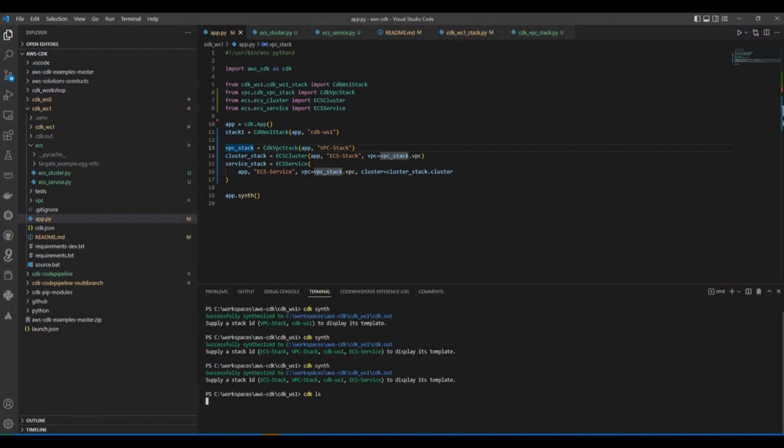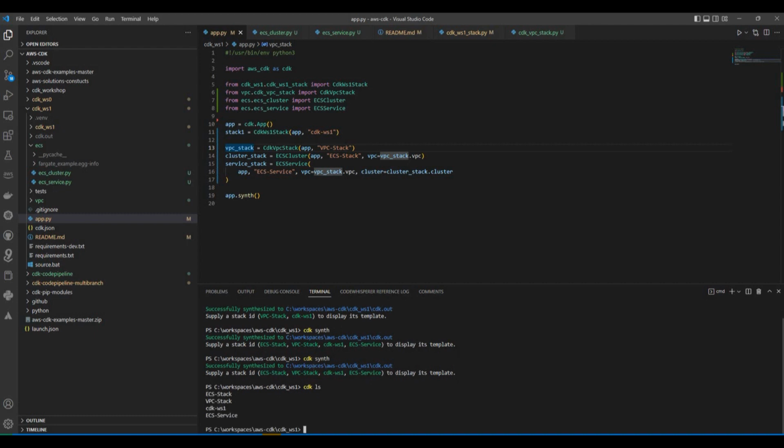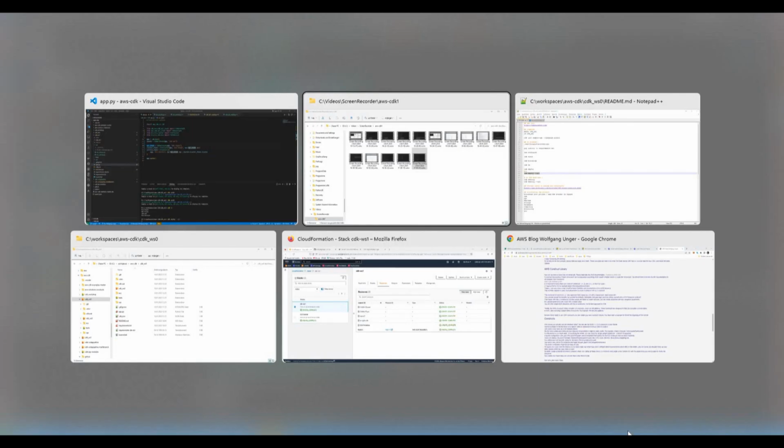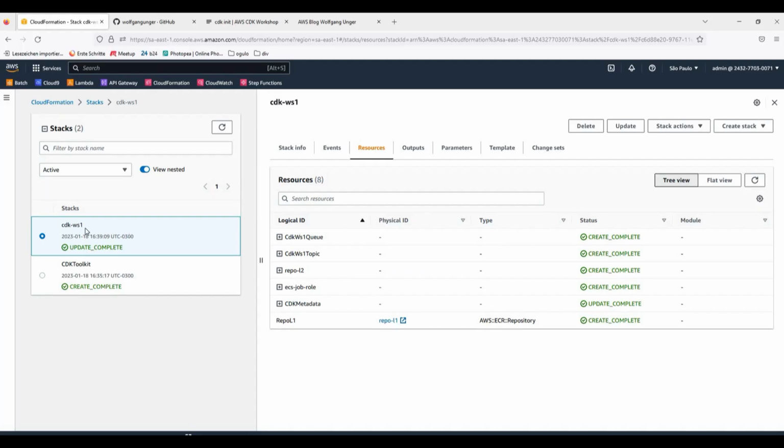So we got by now 4 templates which are going to be deployed, and with CDK we could deploy them one by one, or what we're going to do, gonna execute the command CDK deploy --all, and let's see this in a second. So nice, we are now ready to deploy our 4 stacks with the command CDK deploy --all, and this means we had by now on our account only the CDK WS1 stack, so by now we should get 3 more CloudFormation stacks and templates here, and